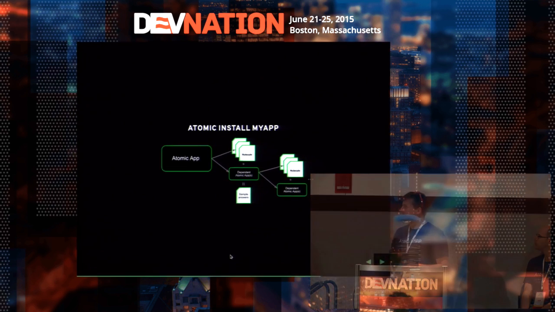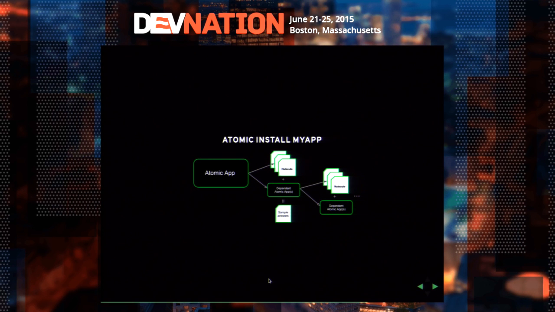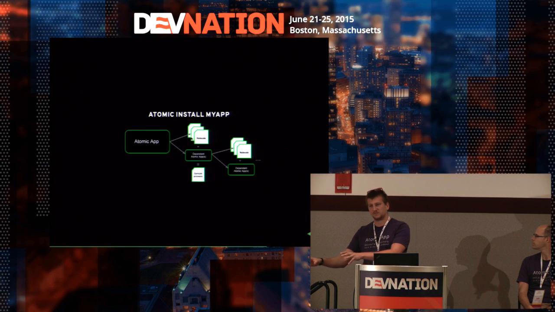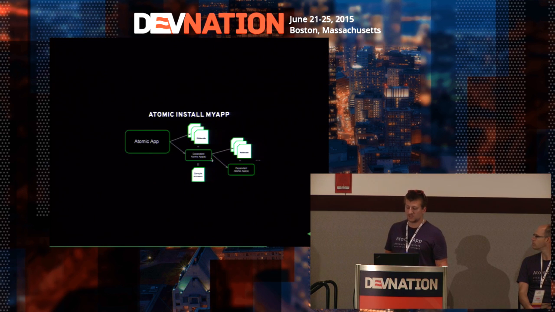Then if you want to install the application, you call atomic install your application. Inside the image, there is also the binary for Atomic App, as I already said. It will unpack the files, the Nulecule file, Docker file, artifacts, all that stuff. It will dispatch the graph, so basically go through the dependency chain, pull all the dependent